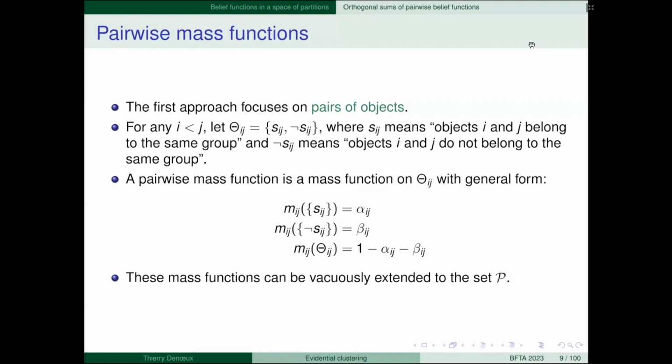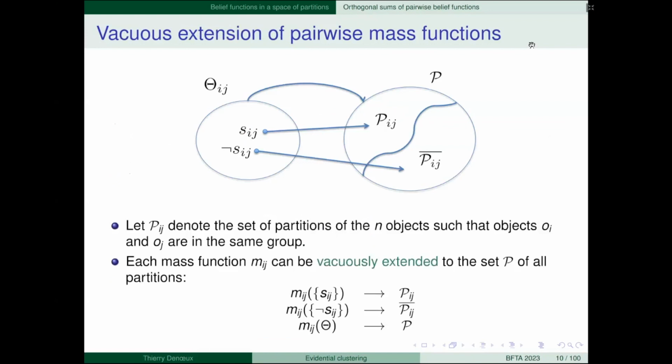And now we are going to extend these mass functions to the set P of all partitions. Okay, pretty much as I did yesterday for a similar but distinct problem. Okay, so this is theta ij. This is the set P of all partitions. Here, Pij is the set of partitions in which objects i and j are in the same group.